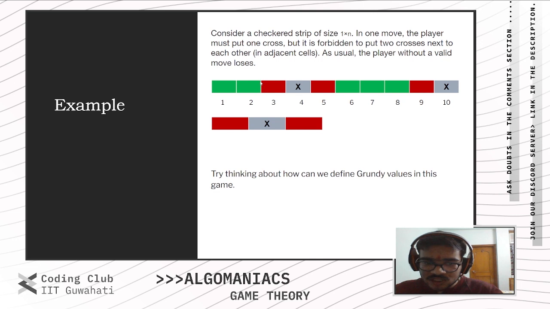So in the first case, after doing the numbering, if we put a cross in 4, just forget this cross for a while, like the cross in 10. So putting a cross in 4 basically breaks the strip of size 10 into two strips of size 2 and 5. So that is, it breaks into i minus 2 and n minus i minus 1, that is 5. 10 minus 4 minus 1, that's 5. So from one strip of 10 we get two strips of size 2 and 5.